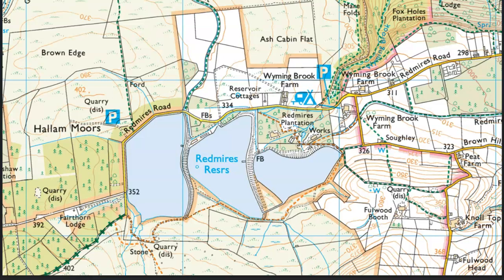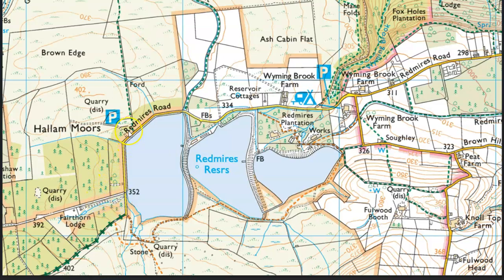So does that fit with any of these? Well, we need to be on a corner of a reservoir there looking along. So could we be on this corner here looking across? Well, if we were on that corner there, we'd expect to see a big plantation on our left, so that doesn't fit. If we were at this point here looking northwards, then we'd expect to see a break between the